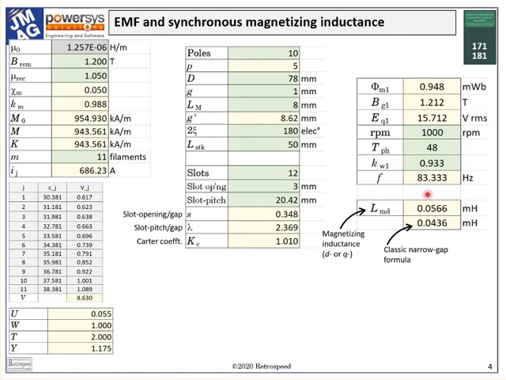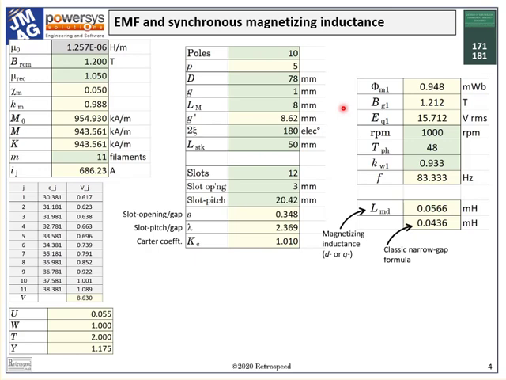Here is the calculation performed in Microsoft Excel, which is adequate for the working harmonic. At 1000 RPM, revolutions per minute, we're getting a phase EMF of 15.712 volts RMS. Note the frequency, 83.333 Hertz, which is rather high for ordinary electrical steel, so we need to keep a watch on the core loss. Also note that this calculation tells us nothing whatsoever about the harmonics in the EMF waveform. So although the working harmonic is the most important one, the picture is by no means complete.